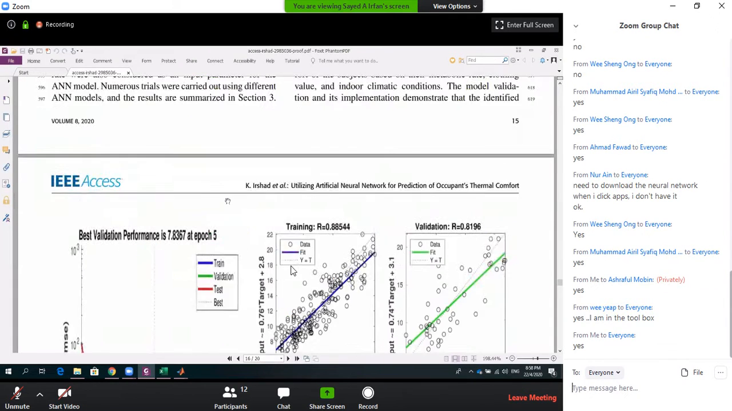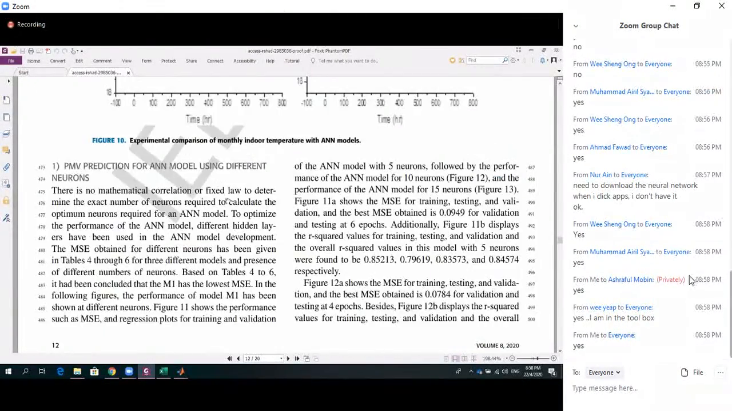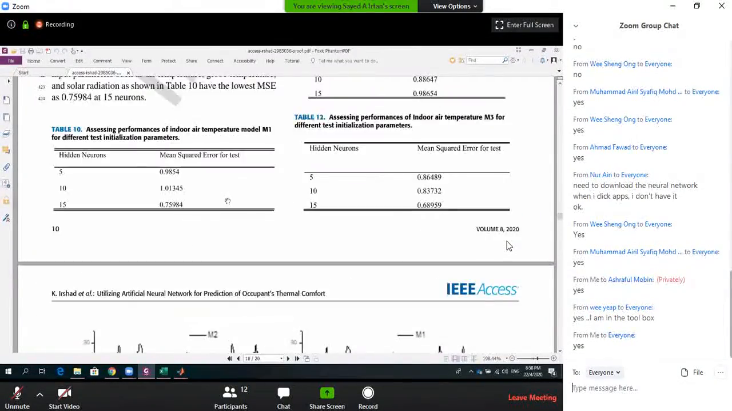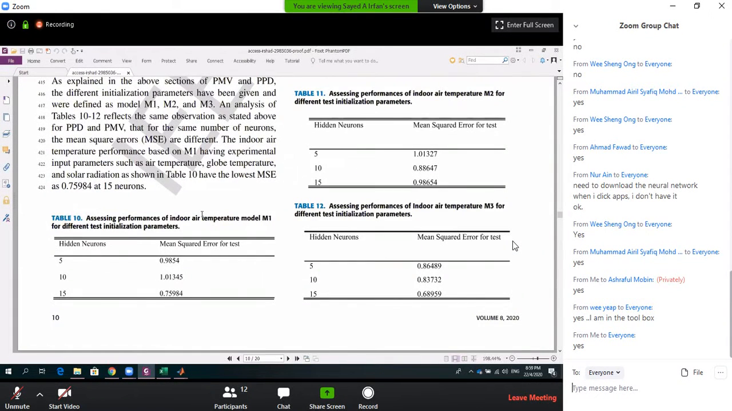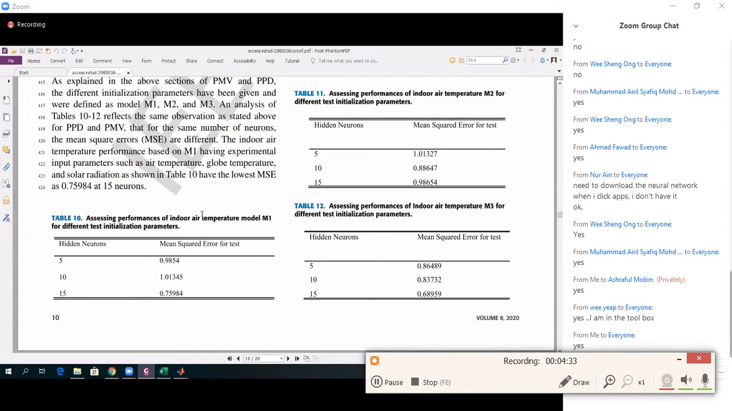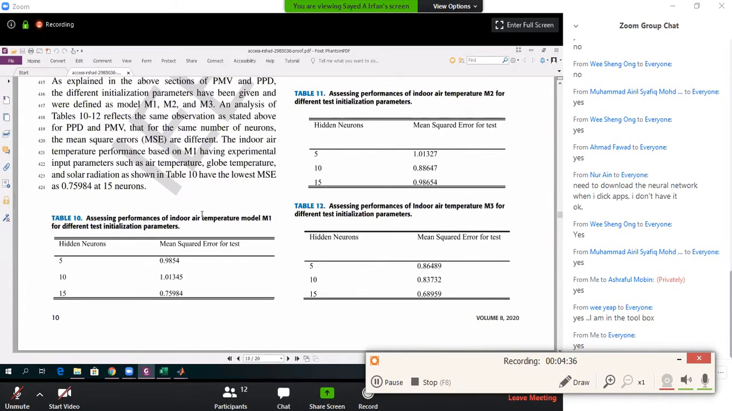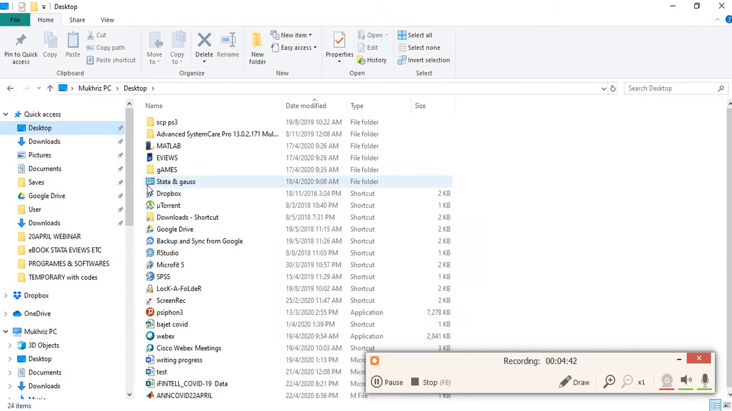Can you see my paper now? In this paper, in the methodology section, whenever you write an ANN paper, you have to optimize your ANN model. There are different categories of optimization: by changing the hidden neurons, by changing the different input rates and the different percentage of the training data set. So here in this paper, we have optimized the ANN toolbox by changing the hidden neurons. So what we did, we made the hidden neurons 5, 10, 15, and then we have reported